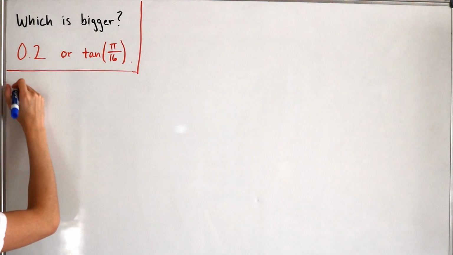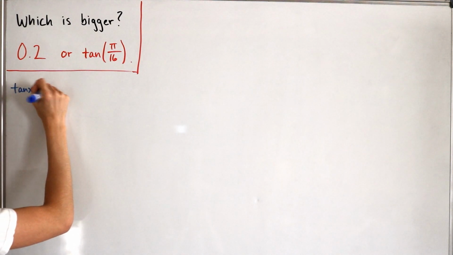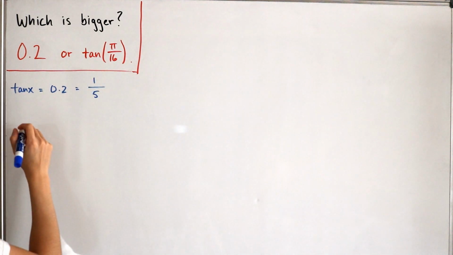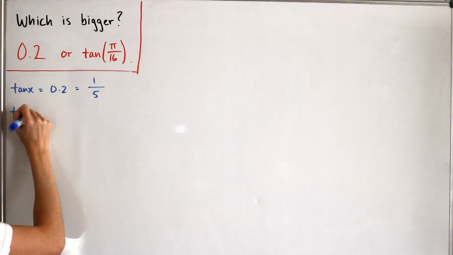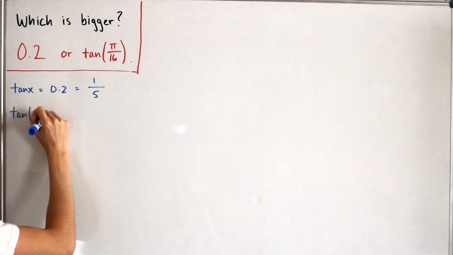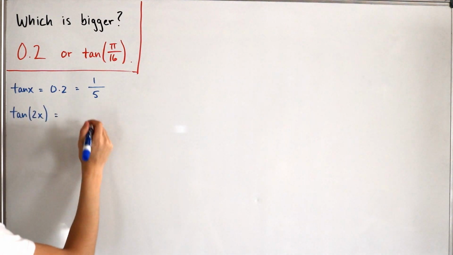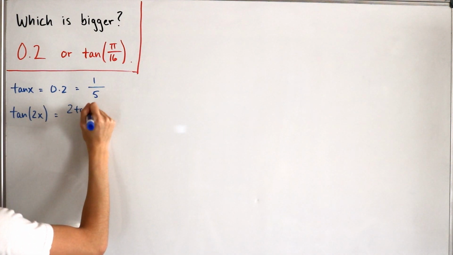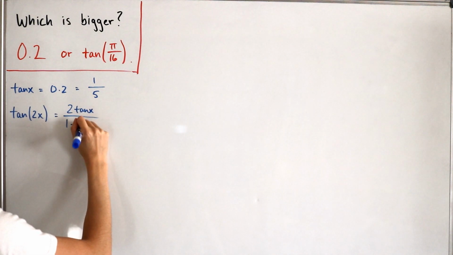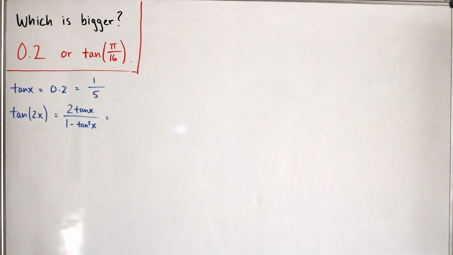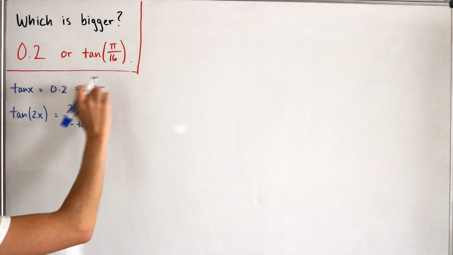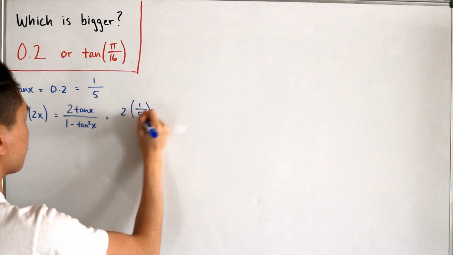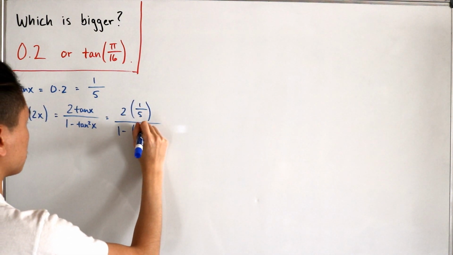Suppose we let tangent of x equal 0.2, or in other words, in fraction form, 1 over 5. Now we'll be using the double angle identity for tangent of 2x. The formula for this is equal to 2 times tangent x, divided by 1 minus tangent squared of x. So we just plug in our values. Tangent x equals 1 over 5, so we substitute 2 times 1 over 5,